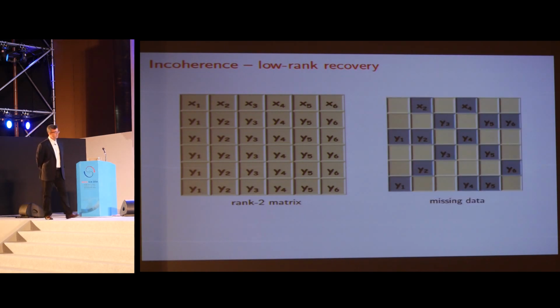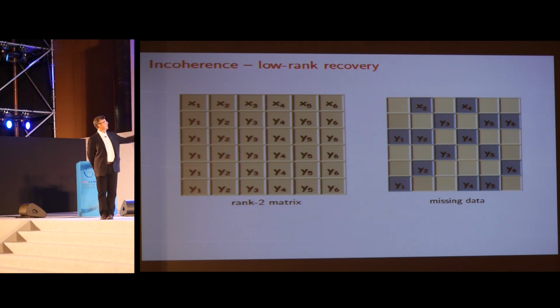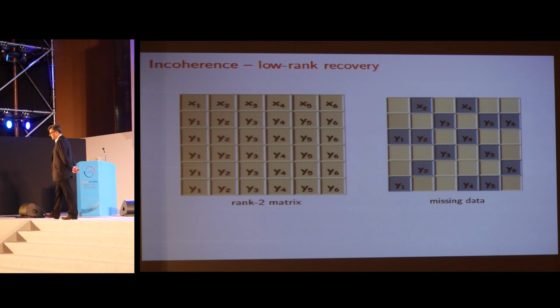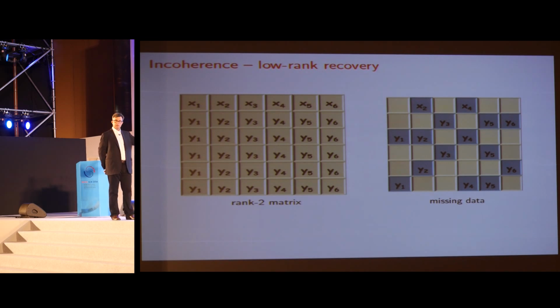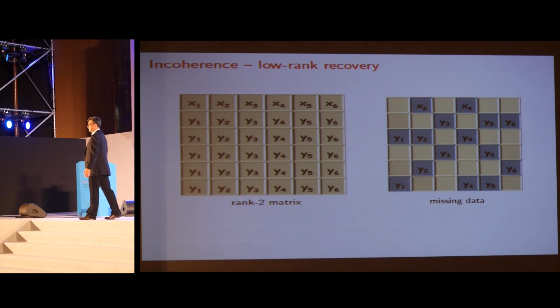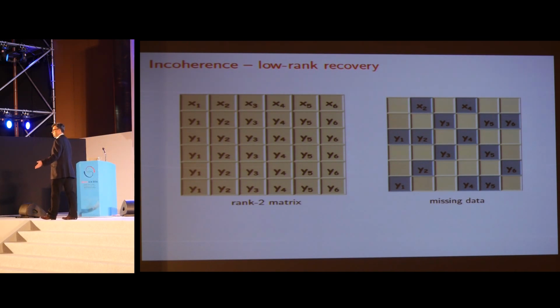Now if I start to see only a few entries of a data matrix like this, some entries would be revealed. It is likely that I might actually complete the bottom part of the matrix because I might realize that, look, all these users are the same. And so I might complete the bottom part. But there's no way I can complete the first vector, because anything I put in the first row will maintain a rank 2 structure.